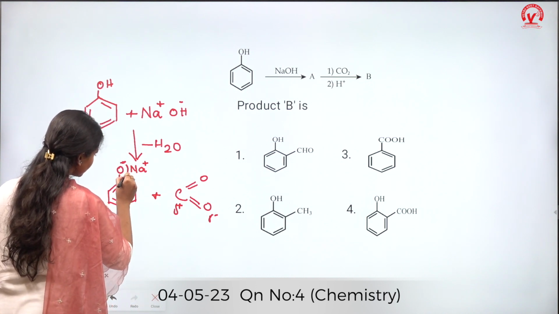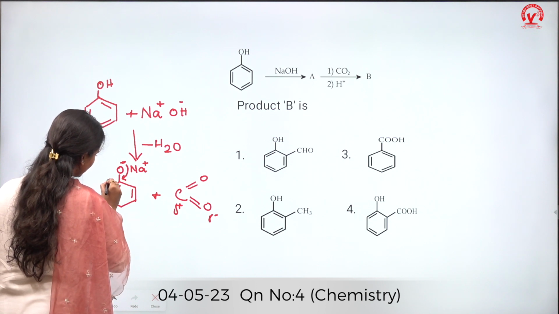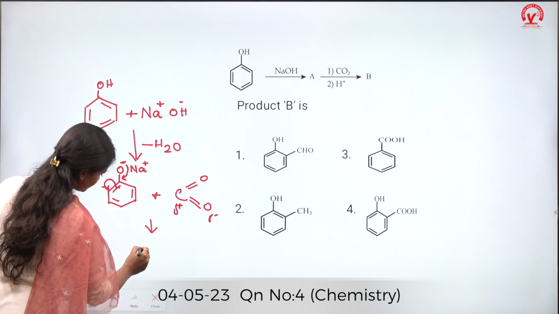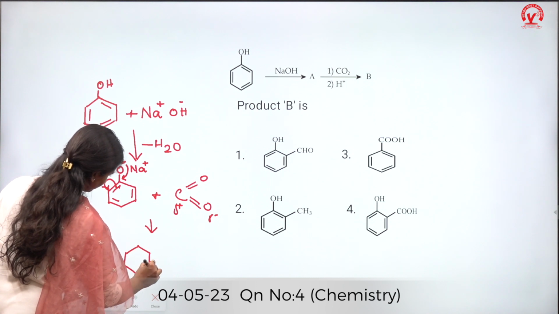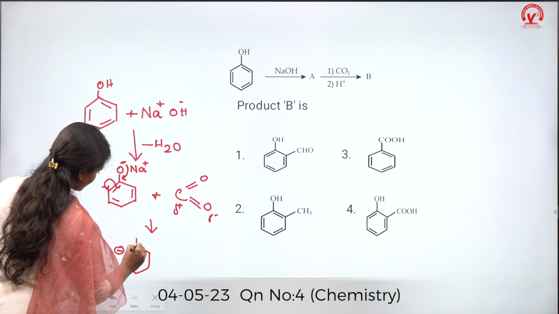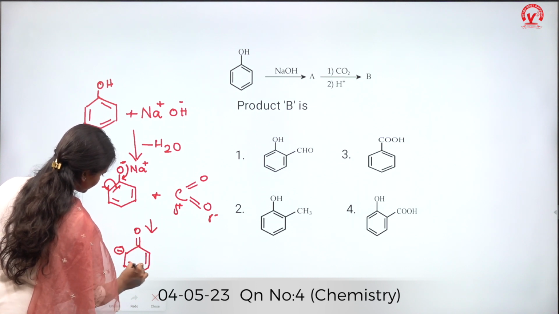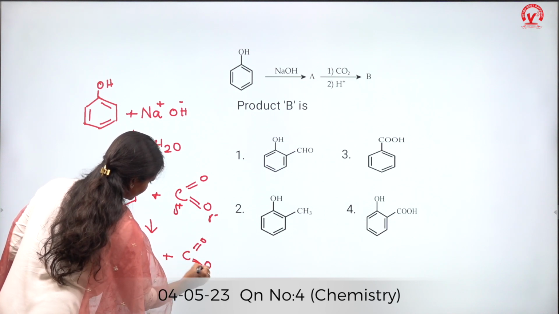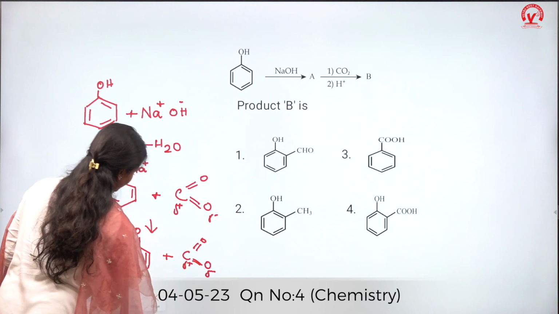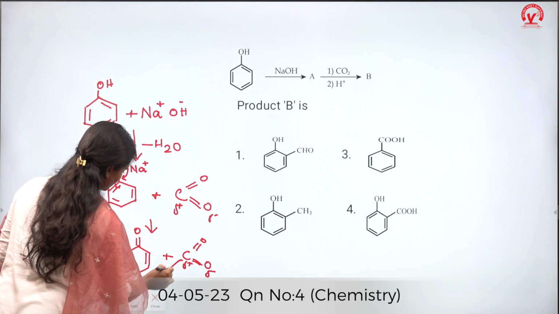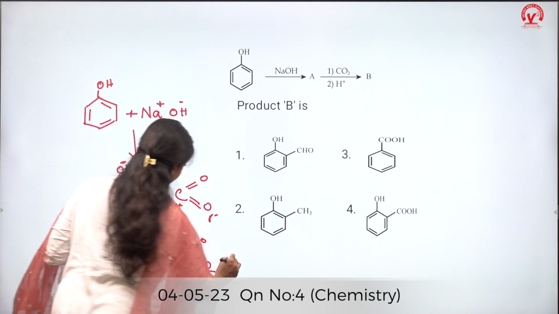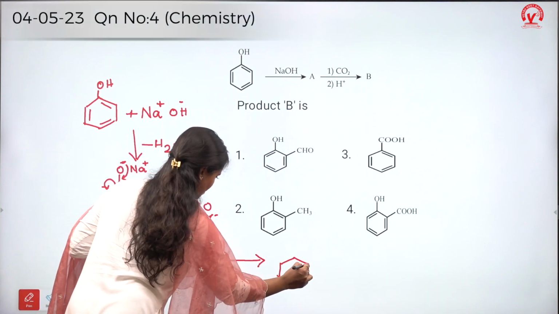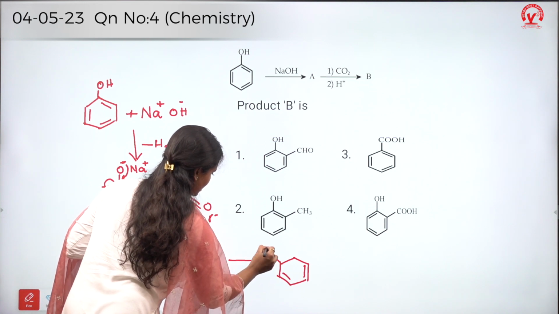Here the electron is shifted to this, and this bond is shifted to here, which leads to the formation of minus double bond O. Here C double bond O has a partial negative and partial positive, so this positive goes and attacks this negative ion, which leads to the formation of C double bond